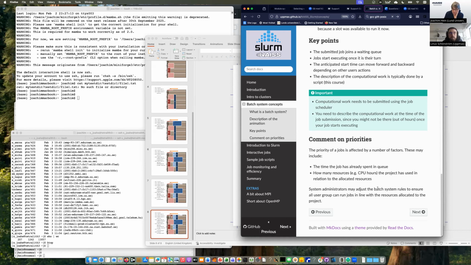And these rules are often not static. System administrators quite often look into the system and change the rules if they notice that some users get too little or too much resources compared to their allocated project, such that the system is fair. Okay, that is what I